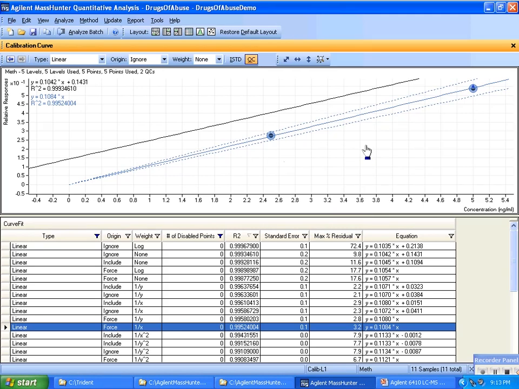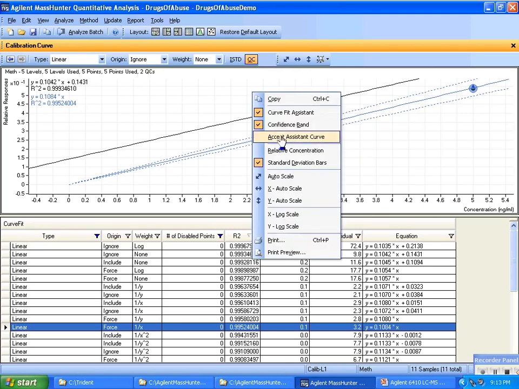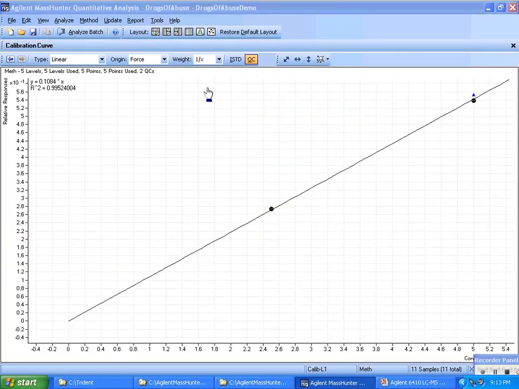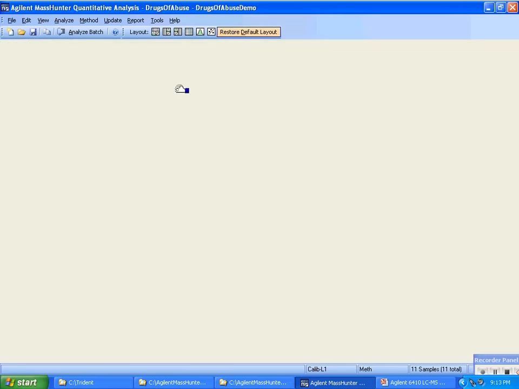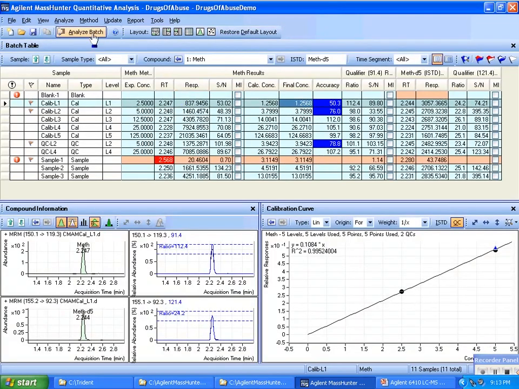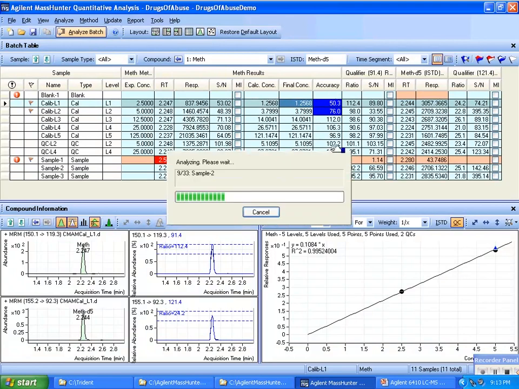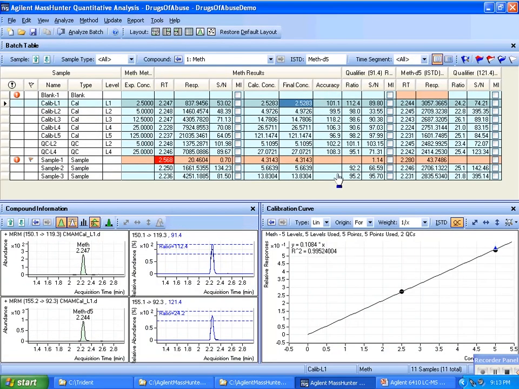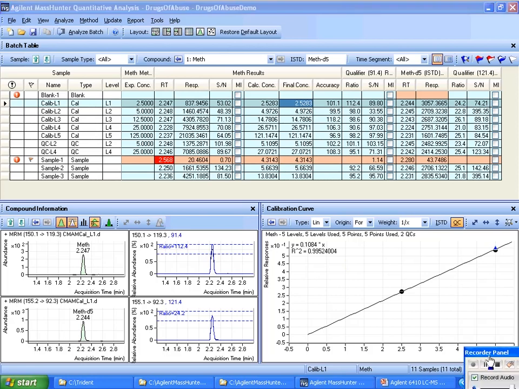So what I'm going to decide to do here is accept this proposed curve, and the calculations will now be done with the weighting, and I'll go back to batch at a glance, look at my accuracies, reanalyze, and you'll notice that the accuracies now are all falling into place very nicely. So that is an example of the CurveFit and the CurveFit Assistant and its ability to help you manage your calibration, which is the centerpiece of quantitation. Thank you for your